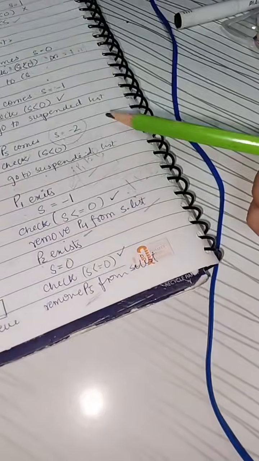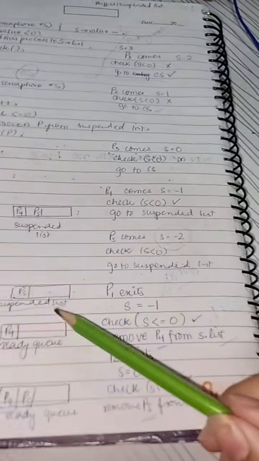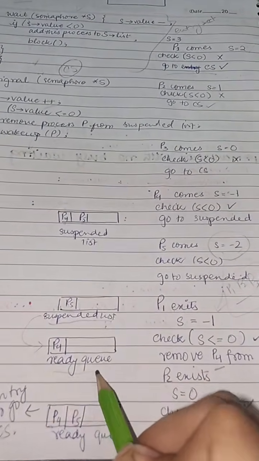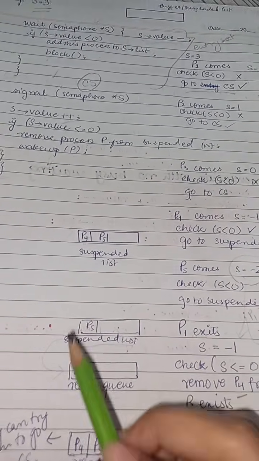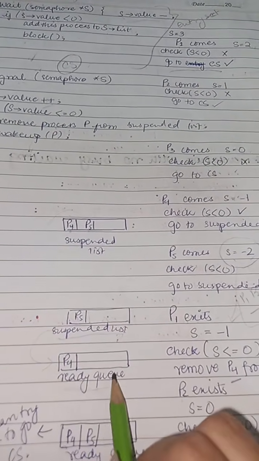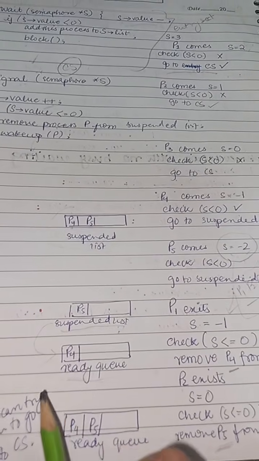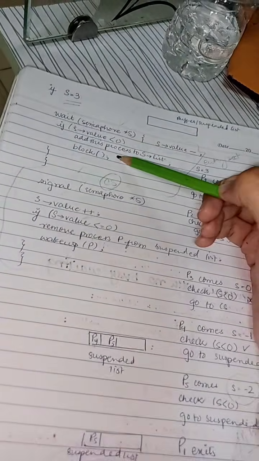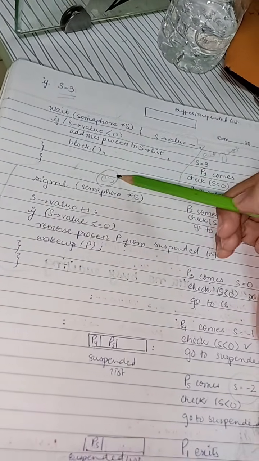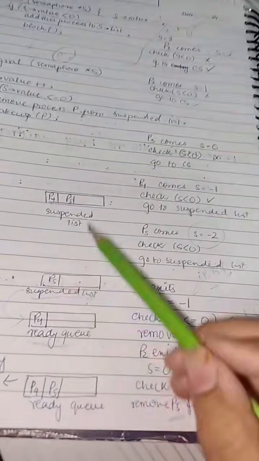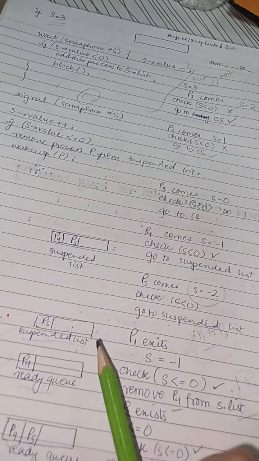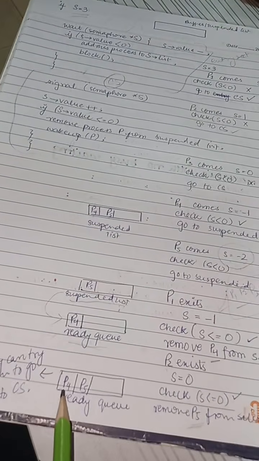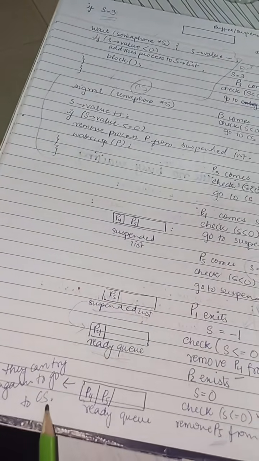Now, one thing that you want to understand is that when P4 was removed from the suspended list, or whenever any process is removed from the suspended list, it goes back to the ready queue or ready list. This process is called waking up a process, when it goes from the suspended list to the ready queue. Now, in the ready queue, it doesn't directly go to the critical section. It has the option of trying again by entering the entry section and checking the condition. If it's false, it goes to the critical section. If it is true, it again goes to the suspended list. So this keeps on happening. You need to understand that waking up a process means putting it from the suspended list to the ready queue so it can try again going to the critical section. Okay, so the ready queue over here is P4 and P5. They can try again to go to the CS. This was it. Thank you.